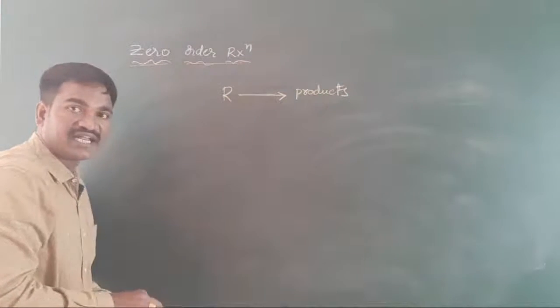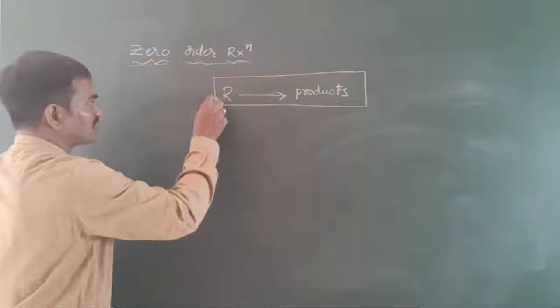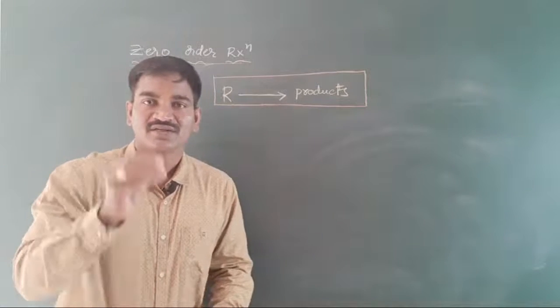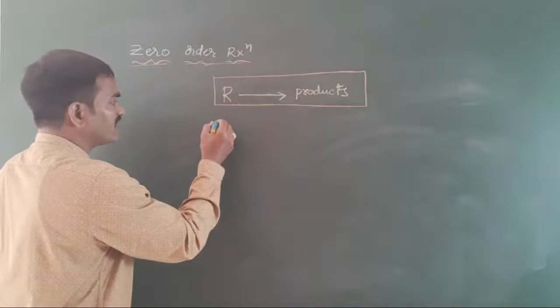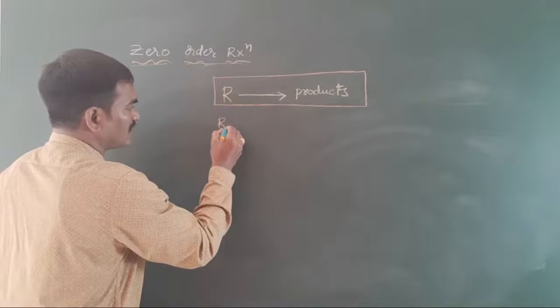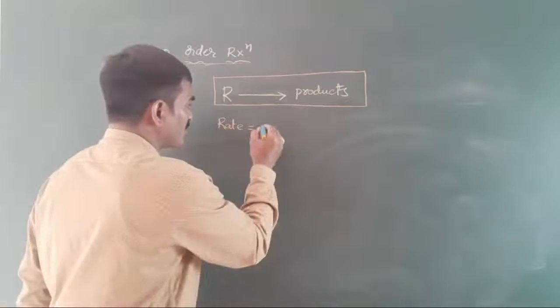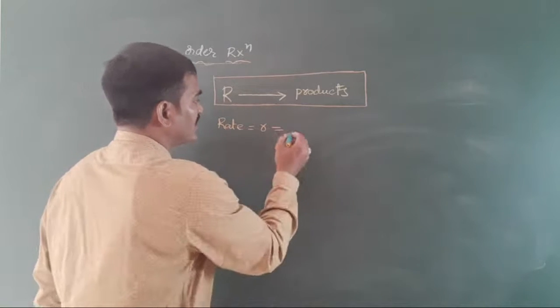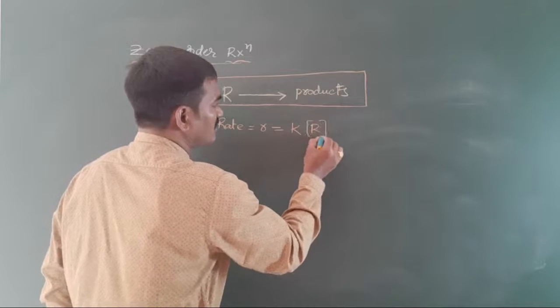Here is the simple reaction I am taking. Have you got it? First you write a rate equation. You all know very well. A rate, we can represent with small r. So rate is equal to, small r is equal to, you can take k into R to the power